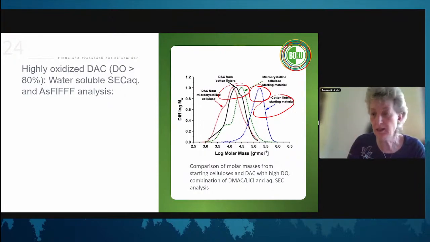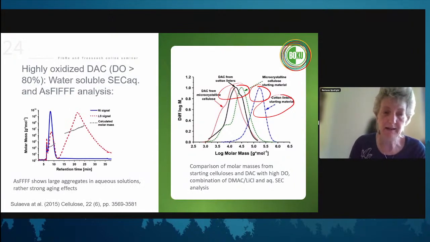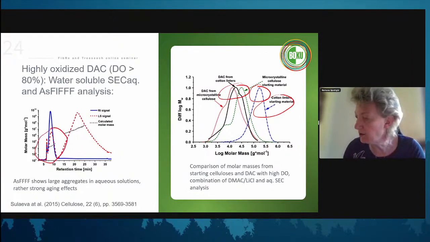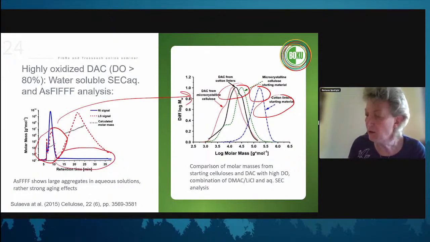But it's water soluble, and you get a rough idea of the molar mass distribution. What you don't see here is that in those aqueous solutions, besides the really soluble material we see here, there are also aggregates. Those we can address with a method called asymmetric flow field flow fractionation. It's again coupled to MALS. Here we have the portion we also see over here, but we also have a low concentration of still large aggregates present in that solution. So as I said, there are lots of dynamics in here.